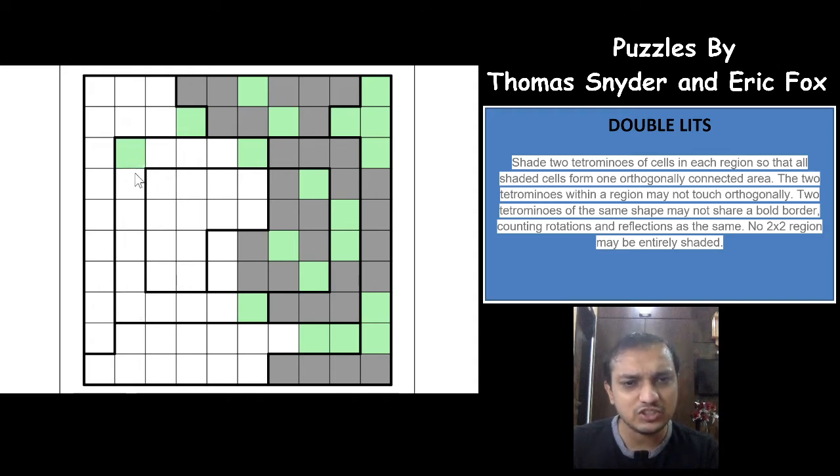What happens if this is unshaded? You won't be able to shade exactly 8 cells, right? So both of these are shaded now. So this is how you actually solve faster. You don't have to look out for if I shade this cell what happens, or if I shade this cell what happens. You don't have to again and again shade a tetromino and just look out for the mutual cells. You just have to look out this way. Okay, and let's see. I see that this region is stranded here.